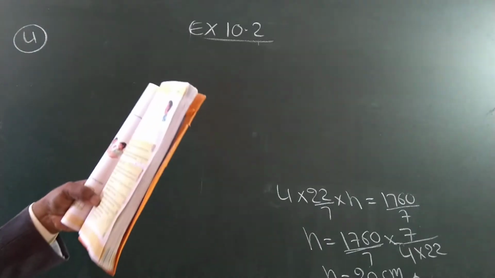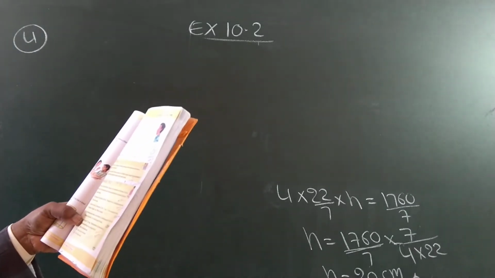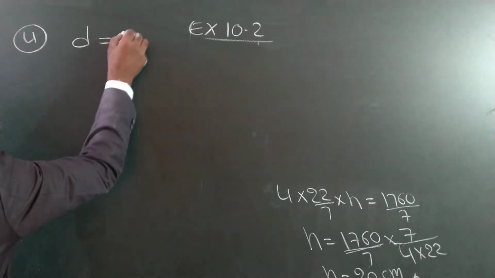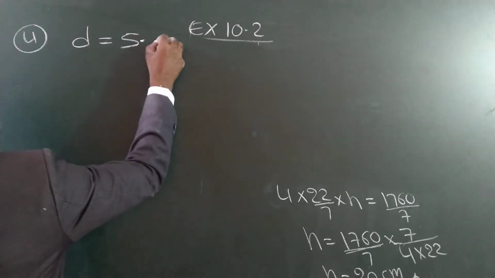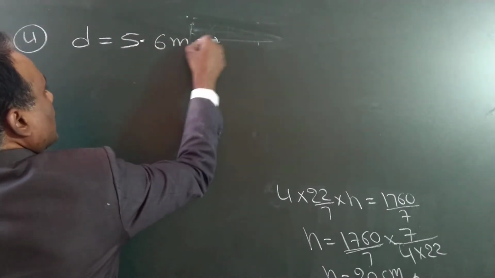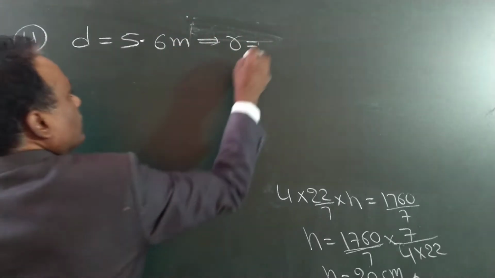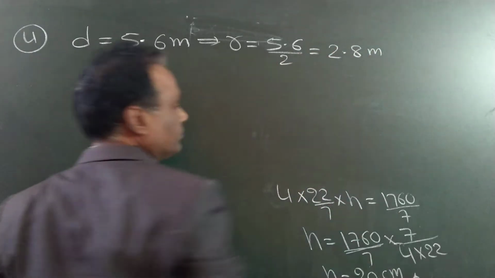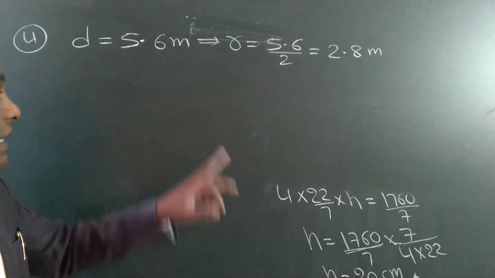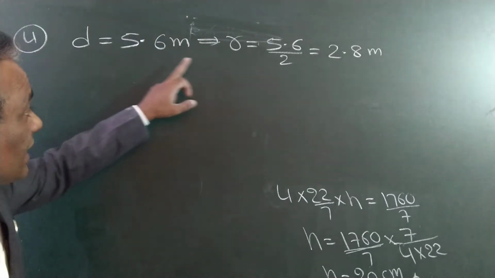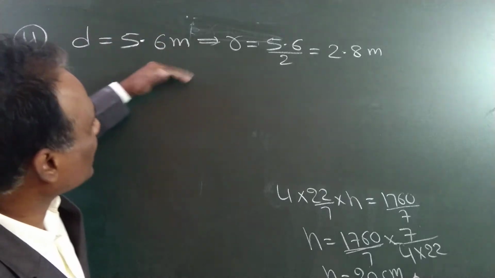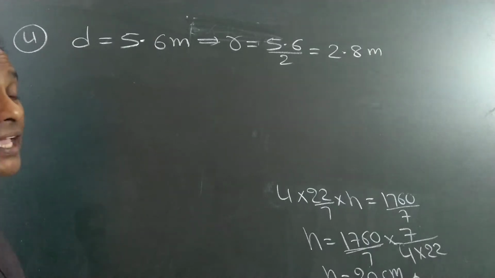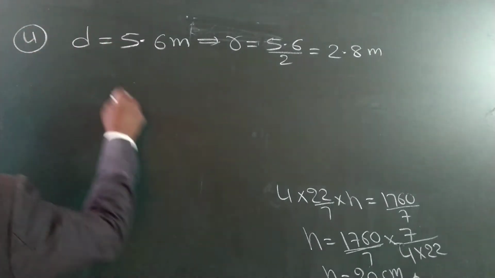There is an overhead water tanker in the shape of a cylinder, which has a capacity of 6. The diameter of the tank is 5.6 meters. Students, diameter is given, radius will be half of this, 5.6 by 2, that is 2.8 meters. Capacity means volume, so volume is equal to